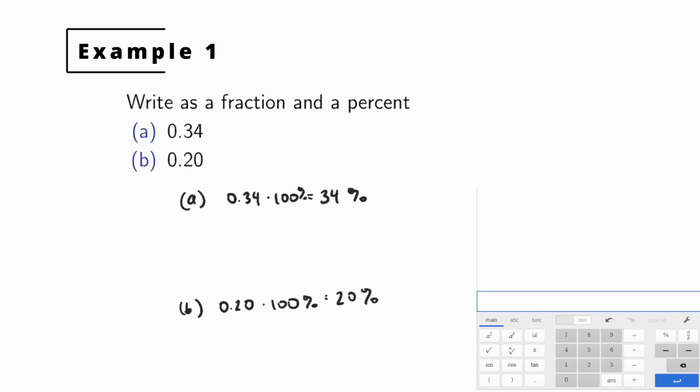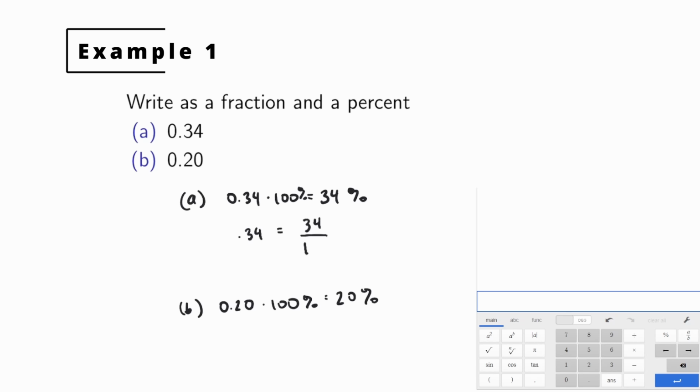Now, to write these as a fraction, all we need to do is write the decimal part, so 34, write it as the numerator over however many decimal places this is. So this is to the hundreds place. So this is 2 decimal places. So what you want to do is you want to write it as 34 over 100, because again, this is to the hundreds place, right? This is the last place here. This second decimal place is the hundredths. So to write it as a fraction, we write 0.34